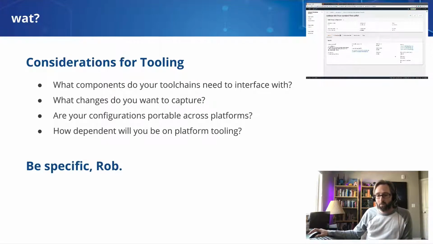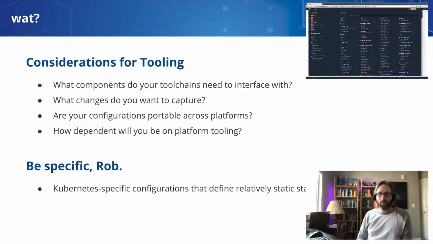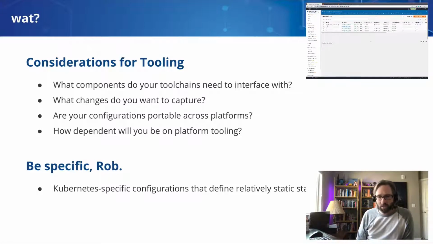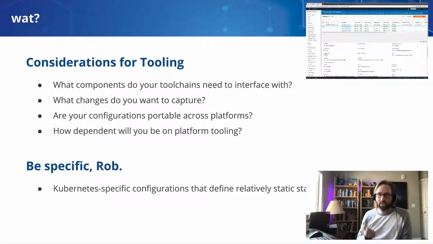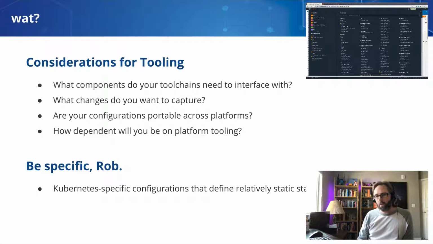So I'll give you examples based on the choices that Nima and I made. For example, Kubernetes specific configurations that define relatively static states, I would choose things like Flux for that. For example, quality of life features for EKS like container insights and ingress controllers and load balancer managers and other things that are going to be relatively static and always specific to Kubernetes are a good fit for things like